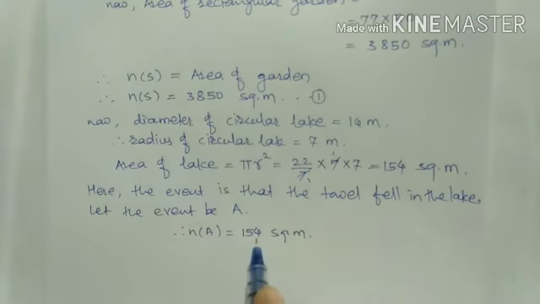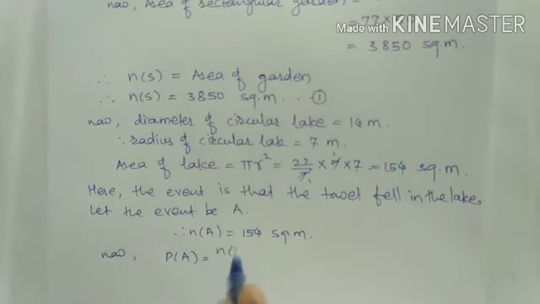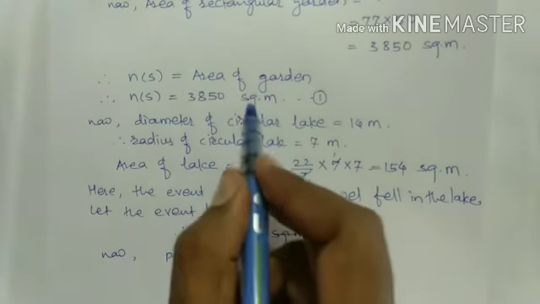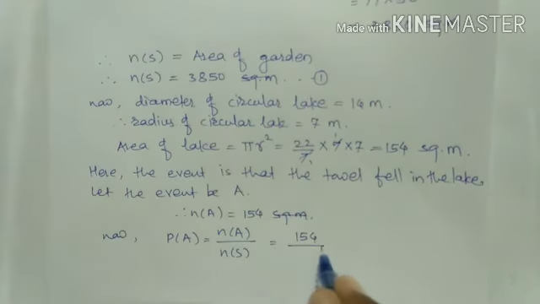The unit is not necessary here. Now probability of A equals n(A) upon n(S), and therefore it is n(A) 154, then n(S)